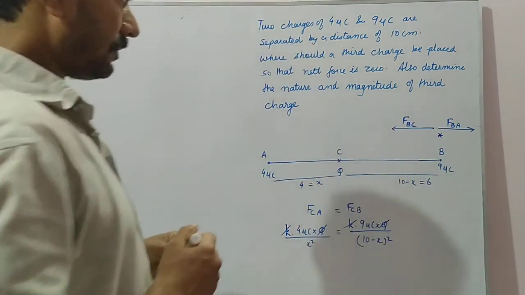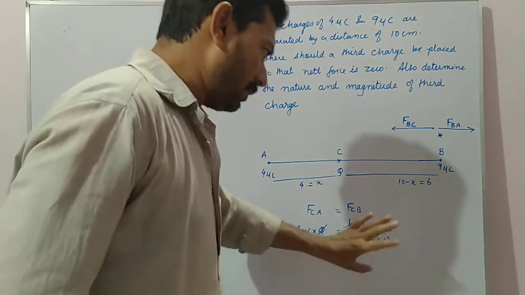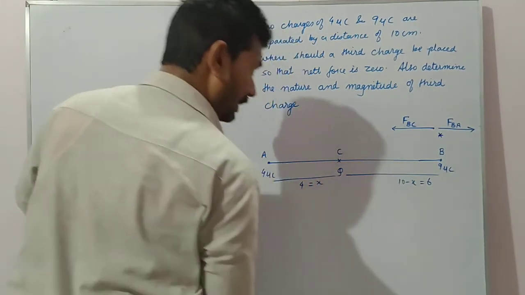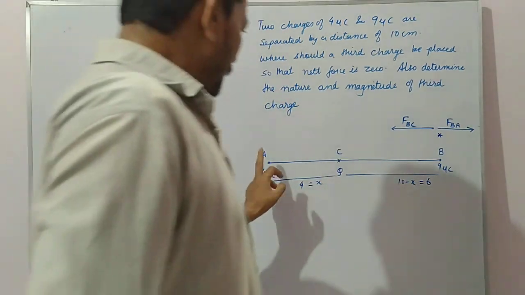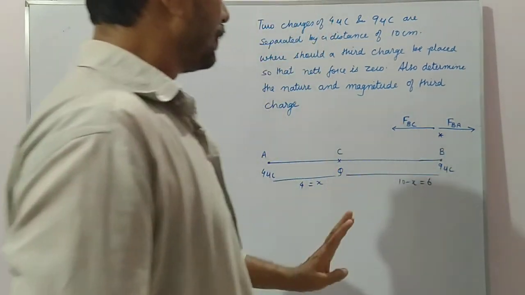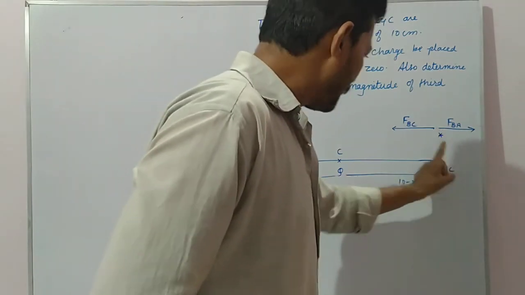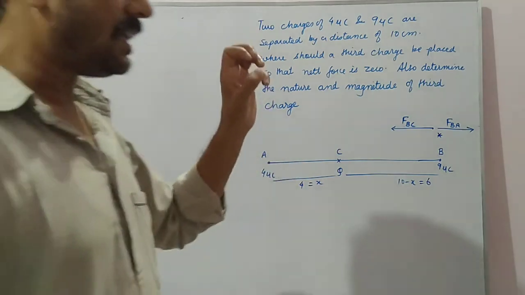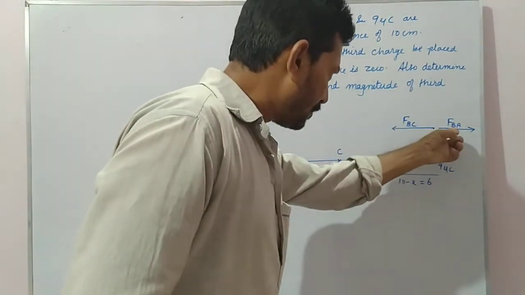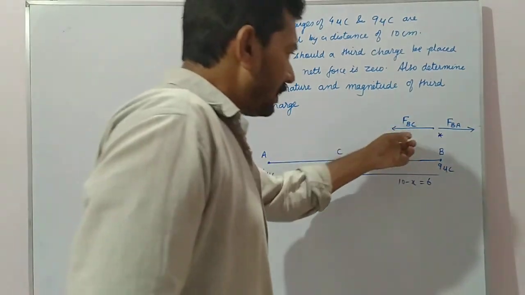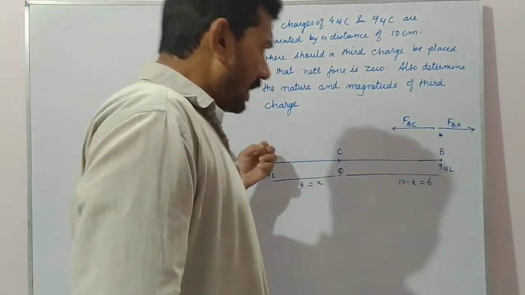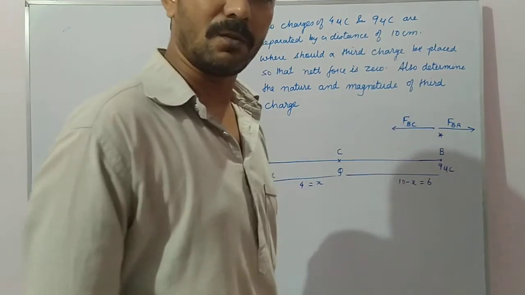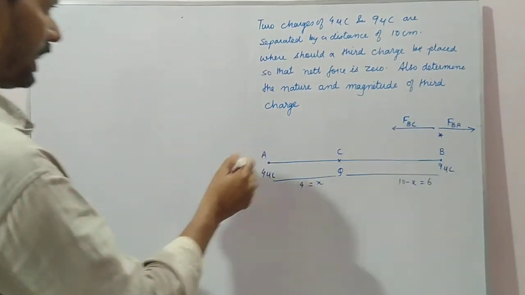See here. First of all, we have determined the position. In the second case, what are we doing here? We are coming to one end, that is B. There is a repulsive force between A and B, so the repulsive force acting on B due to A will be towards the right. Now an equal and opposite attractive force should be acting on B due to C, so that the net force is 0. Okay, so we write like this: